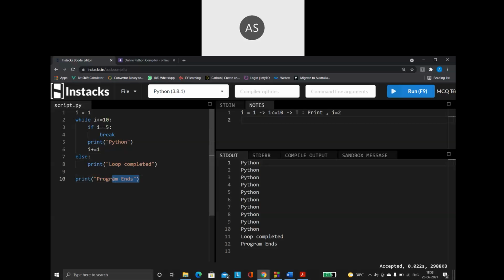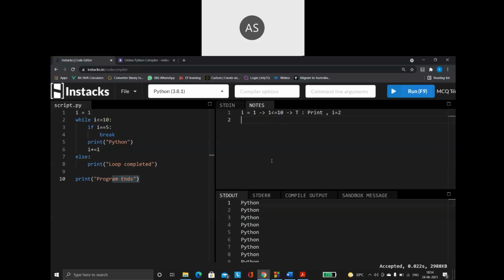So how to create the while loop, how to write programs using the while loop, how to use it with strings, how to use it with lists, what are the do's and don'ts of the while loop, we have covered all those points. Based on the while loop, now we are going to start our for loop.